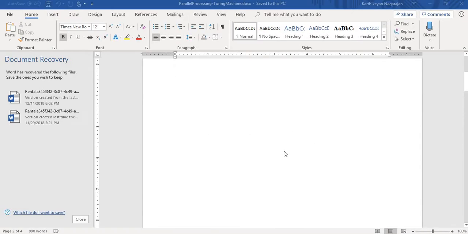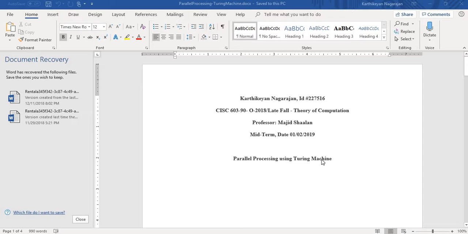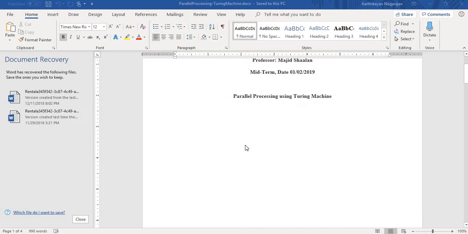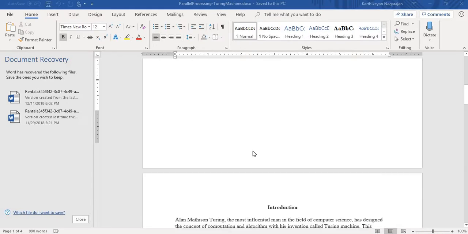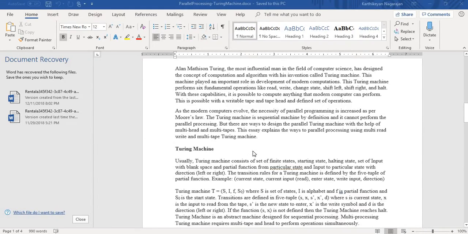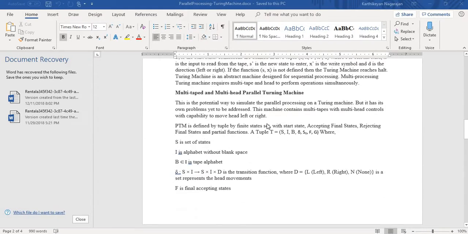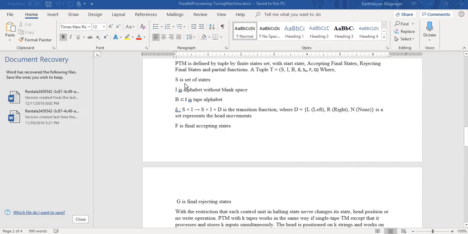I have completed the midterm assignment you provided, and this is the essay. It talks about how to turn a Turing machine into a multiprocessing machine, and the main idea is to have multi-tape and multi-head to perform parallel operation, and using this